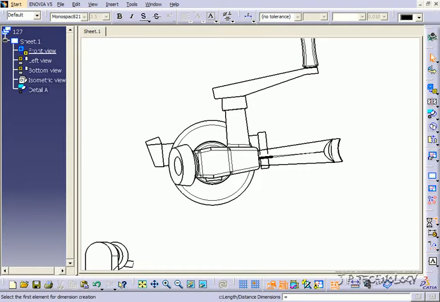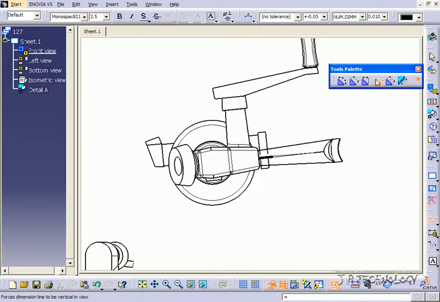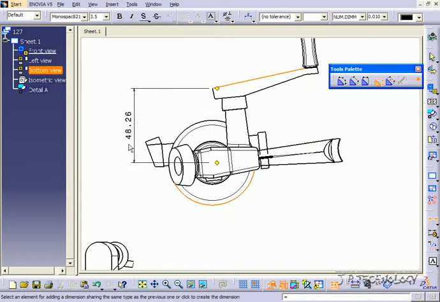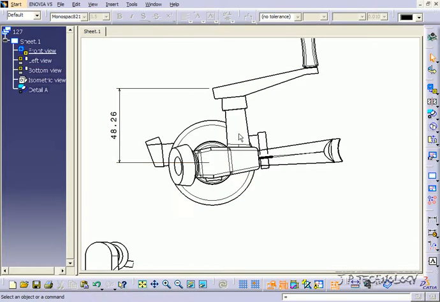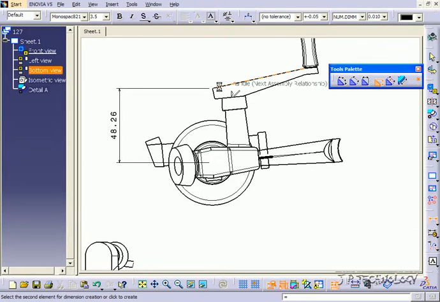Normally I'd click the length, click the vertical, click this line here, but what I'm getting is the center point of that curve. That's not what I want. So I'm going to have to play around with the anchor points. Now to get to the anchor points, it's while you're positioning it. So let's click length. We'll click this line here,